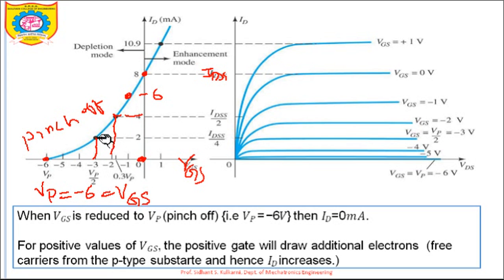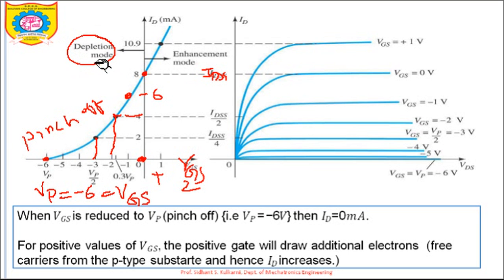Now if this concept is clear, and if we make VGS positive, let's say plus 1 volt, plus 2 volt, it will boost the flow of electrons from source to drain, thereby increasing the saturation current to a further value. This is called the enhancement mode of a MOSFET, in contrast to the depletion mode. Try to understand the difference between depletion type MOSFET and enhancement type MOSFET.